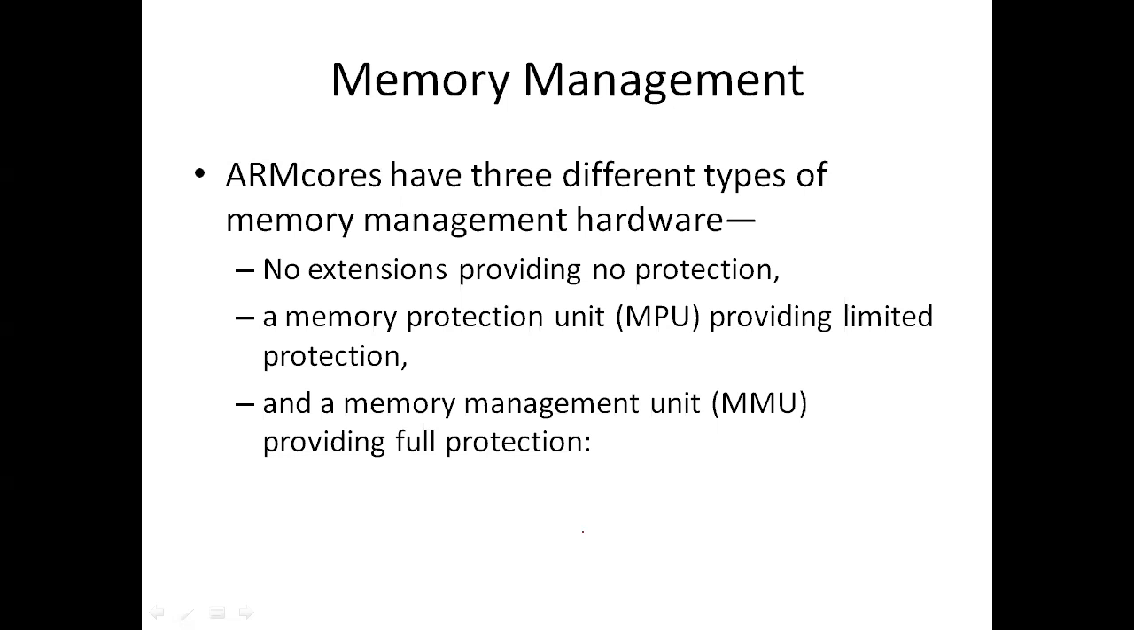So the first one is no extensions, providing no protection. This is the simplest memory management unit. It doesn't support the extension of memory, and it also doesn't provide protection to the memory. The second one is the memory protection unit, MPU, that provides limited protection to your ARM processor memory. And the third one is the MMU, called the memory management unit, which provides full protection,